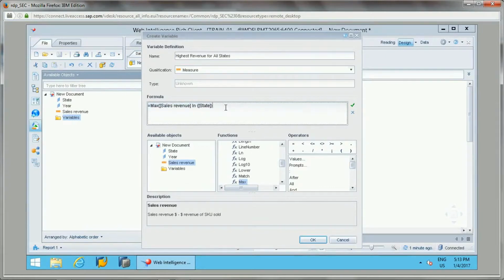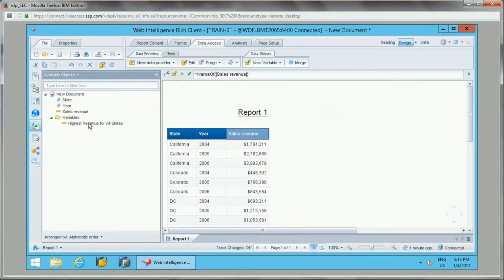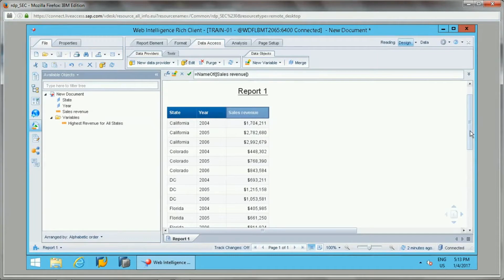So Max of Sales Revenue In a state. This variable will give the highest revenue for all the states.